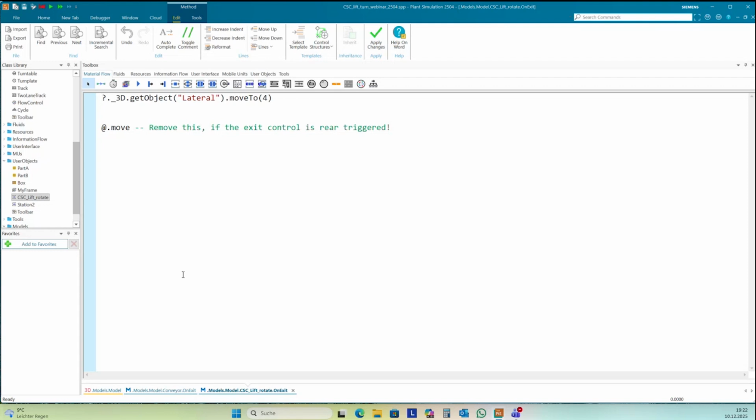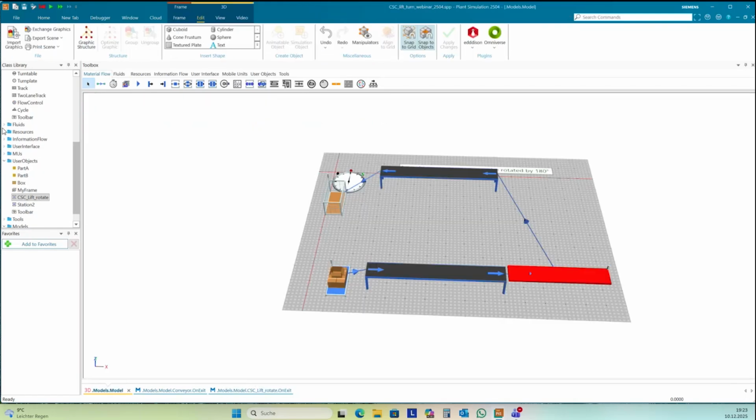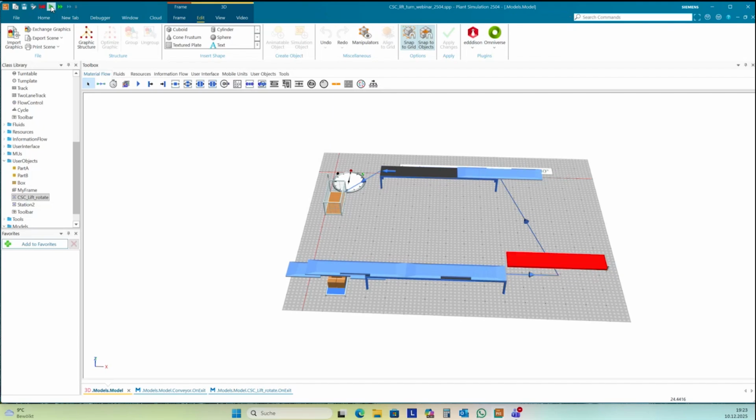And this we can test. I just comment here at move. We move at the end the part to the successor. But in the first step, I just want to check if it's moving in the right direction. So it doesn't.